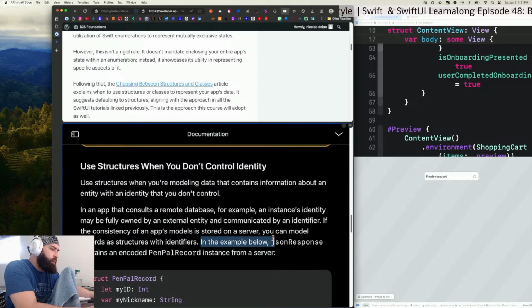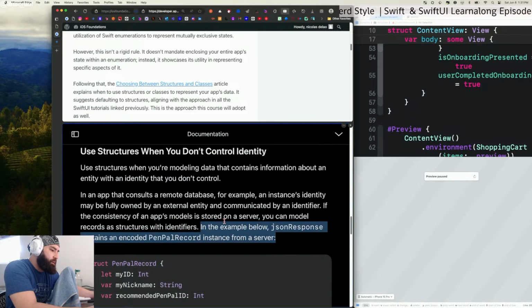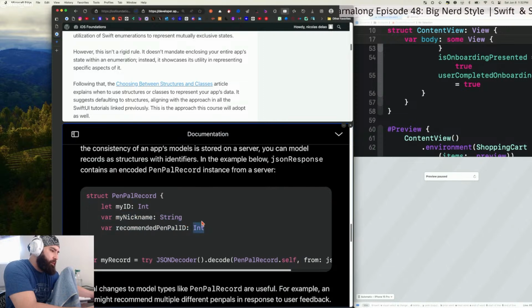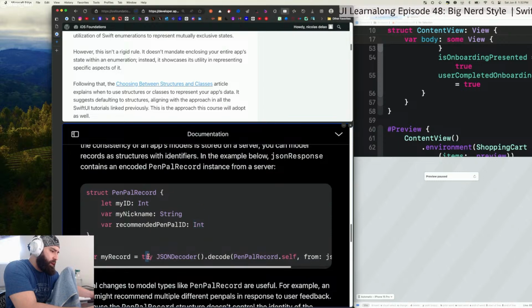Even over the wire. In the example below, the JSON response contains an encoded PinPal record instance from a server. Okay, here's a struct, a value type called PinPal record. We've got a constant, my ID, an integer, a mutable variable, my nickname, a string, and a recommended PinPal ID integer. Okay, and then my record equals try, so that means it can throw. JSON decoder. So we attempt to create an instance of the JSON decoder, chain the decode method against the PinPal record contained in the instance of the struct we created